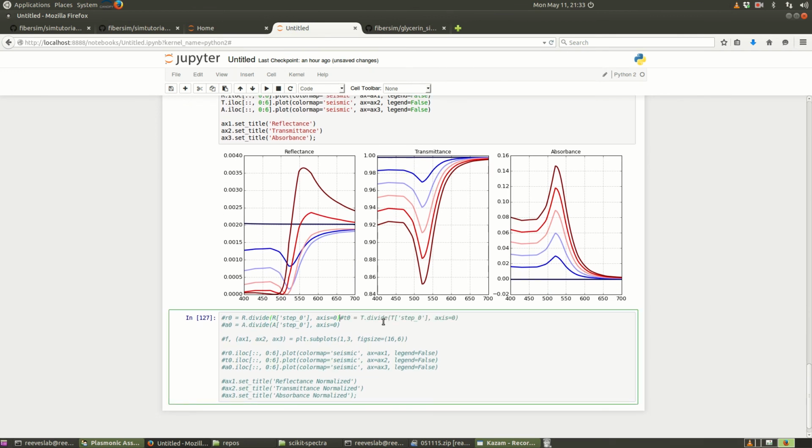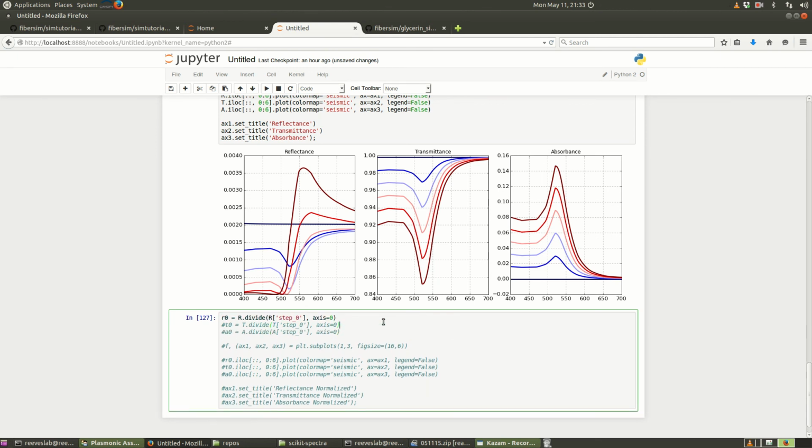Finally, I'm going to normalize this data. What does that mean? Well, the reflectance had an initial value of 0.002. This is pretty much a flat line, but it's a baseline, and under certain circumstances, this baseline can have some dispersion. So it's smarter to divide all of these curves by the first curve. So we say r.divide r of step 0, and this is just the command to divide along the correct axis. This is again just the pandas API. So if I normalize all these to the very first curve,